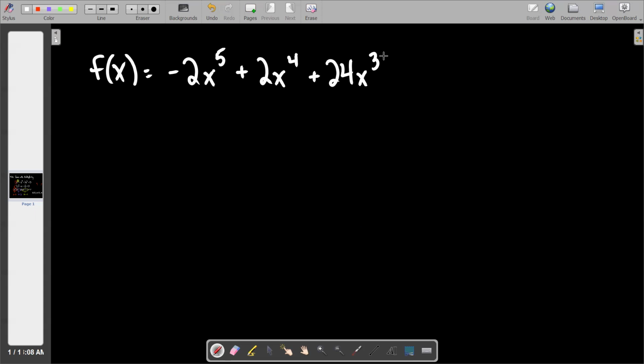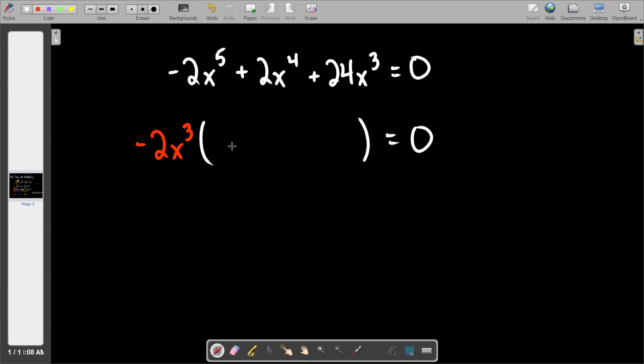Yeah, let's set this bad boy equal to 0 first off, and then let's pull out our GCF and get to going on our factoring. So I'm going to set it equal to 0, force the issue, and let's get going. So what is the GCF? Negative 2x cubed. Good. And then we're left with a very simple quadratic, which is x squared